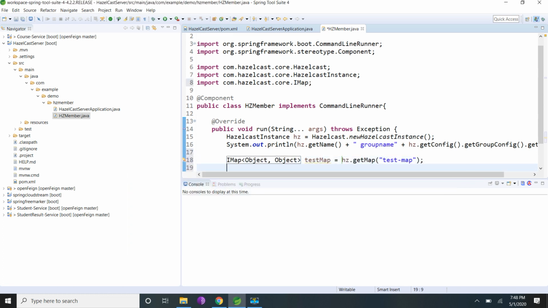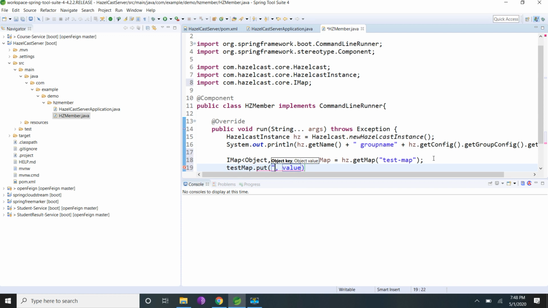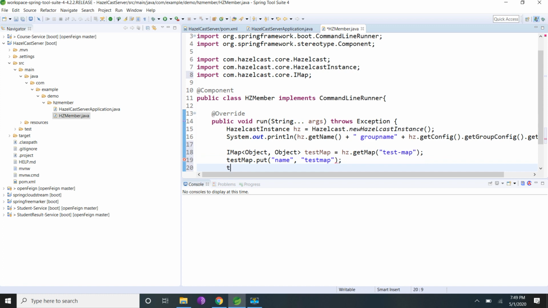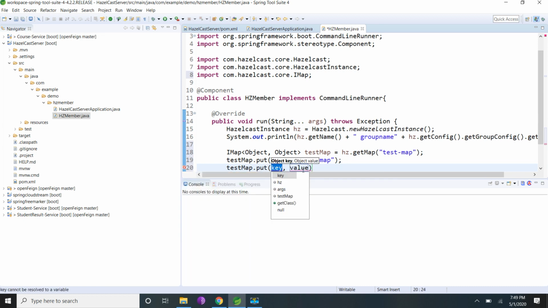Now I'm adding some values. Name, I'm giving test map, and I'm adding some more values like type, cache.